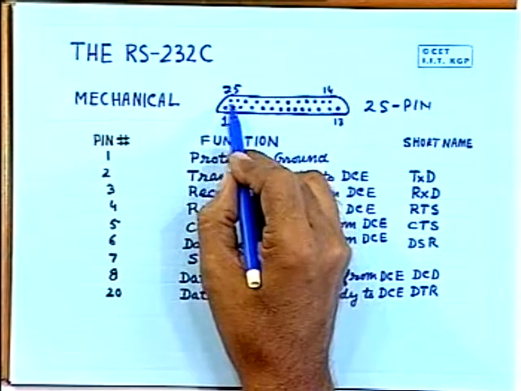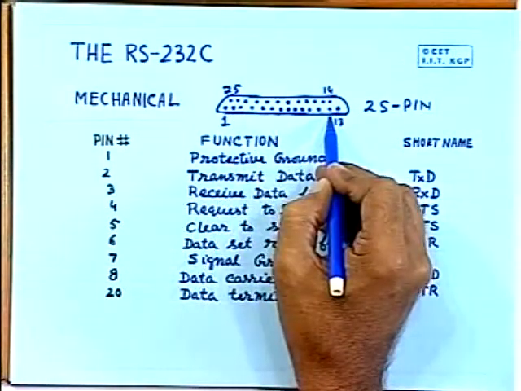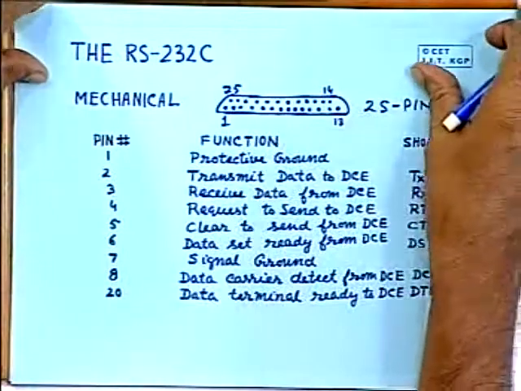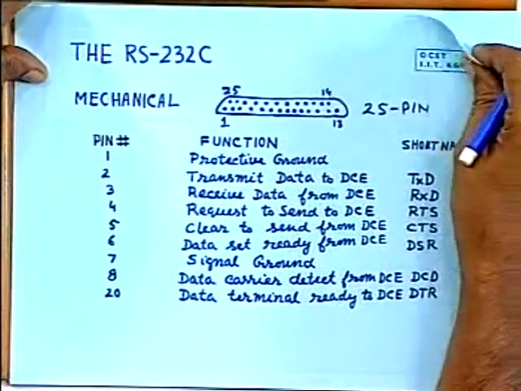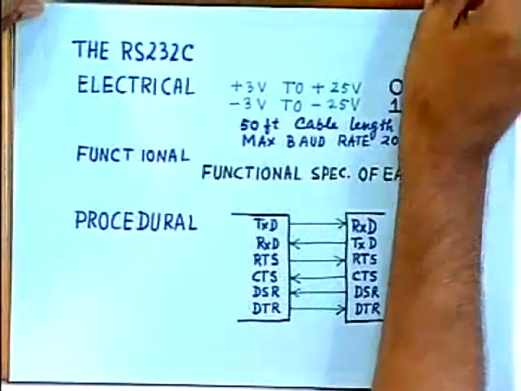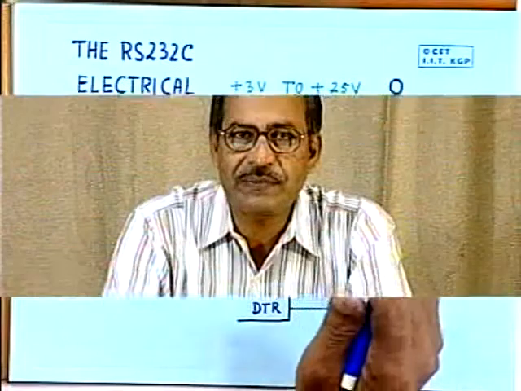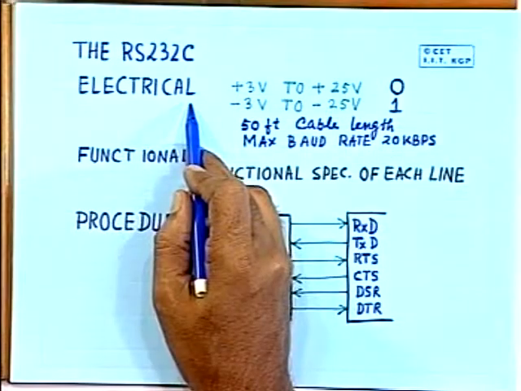And of course the various pin lines are there, those functions will be discussed later on. So the first component is mechanical. Mechanical specifies the type of connector, the mechanical component that you require. The second important component is electrical. The electrical component specifies what voltage, what current, what is the length of cable, and what is the rate at which data transfer can be done. These electrical parameters are specified with the help of the electrical part of